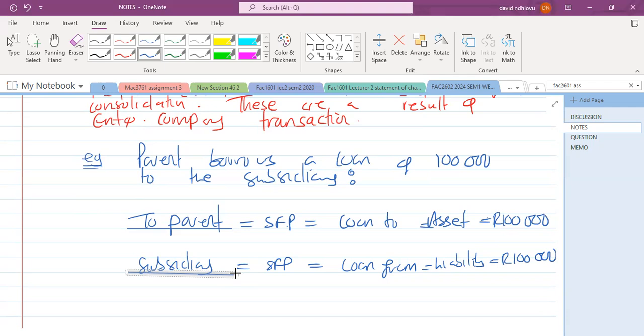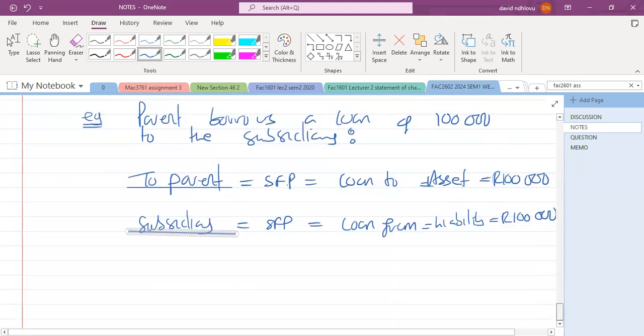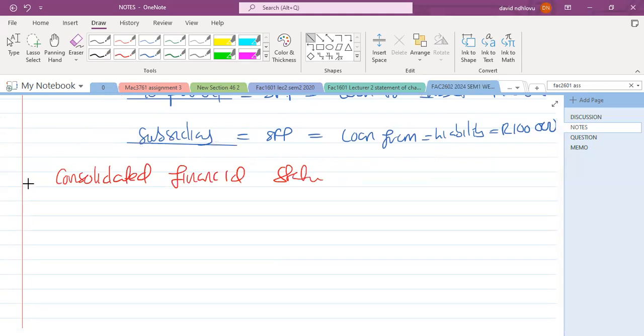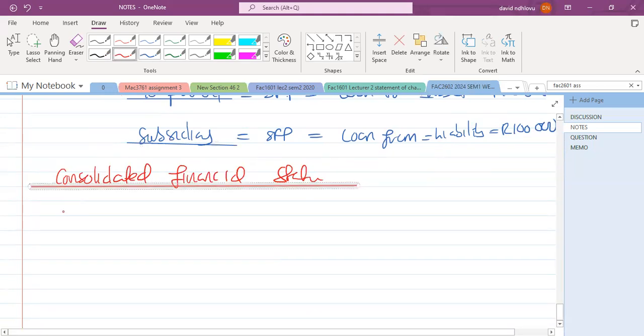Yes. Right. So it's important that we understand that, because that's the basics of consolidation. That's the basics of consolidation. Right. So if I were to create a consolidated financial statement here, looking only at the information that we have. If we check the separate financial statements, so I'll just say separate financial statements of the parent, we also take the separate financial statements of the subsidiary here.